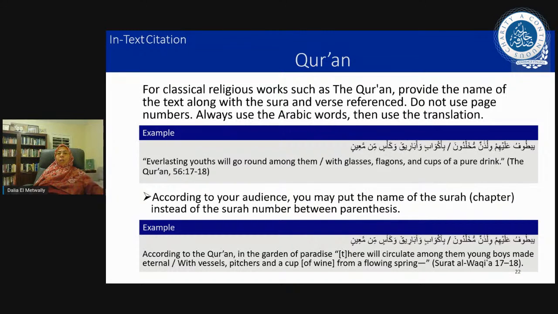Again, know your audience, address your audience, right? It's one of those basic rules of thumb. We have to understand who we're talking to. The Quran has to be written in Arabic first because Allah's words are in Arabic. It doesn't matter if you know Arabic or if you don't. We all have access to websites where we can copy the Arabic ayah and copy the translation. So writing those words is essential.